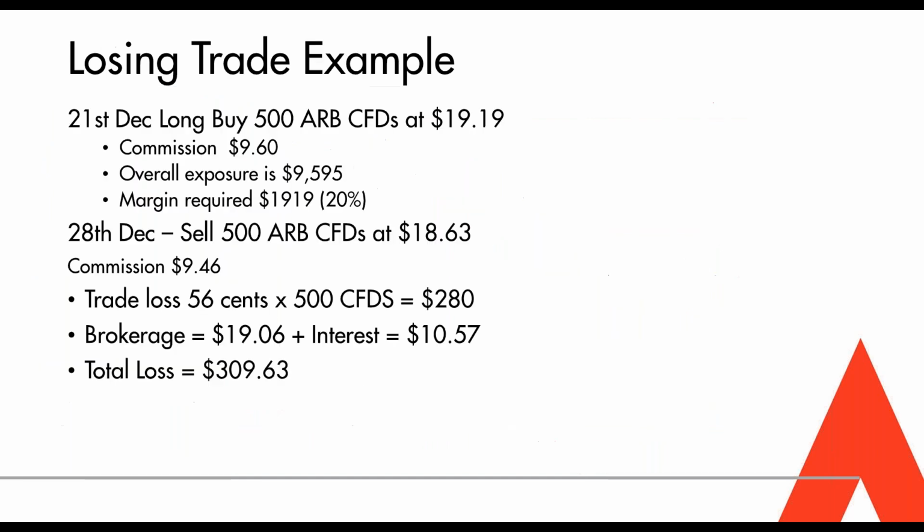So looking at our losing trade, we entered it by buying ARB CFDs 500 at 19.19. We had our commission, we had our overall exposure at 9.5 grand, and we were required to put down 19.19 in margin. We sold at 18.63. Commission again paid at a loss of 56 cents a share by 500 CFDs, which was an overall loss of 280. We had to pay our brokerage at 19.06 and our interest at 10.57, so our total loss in